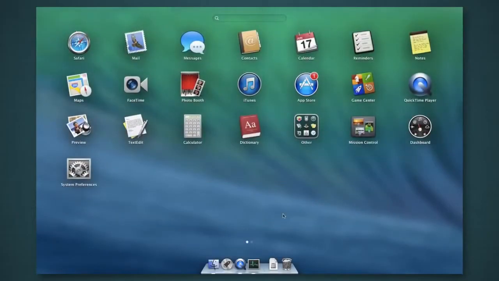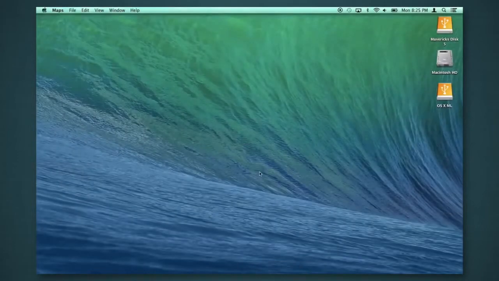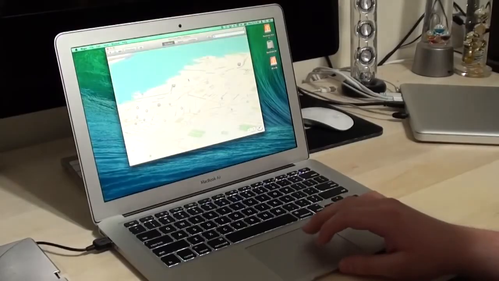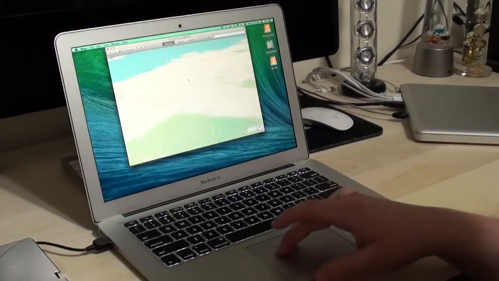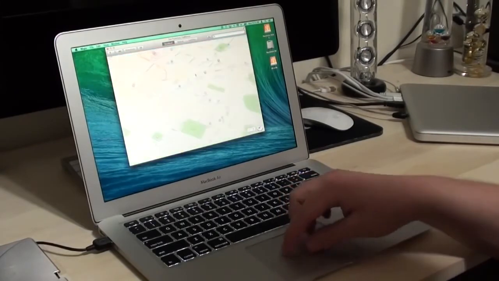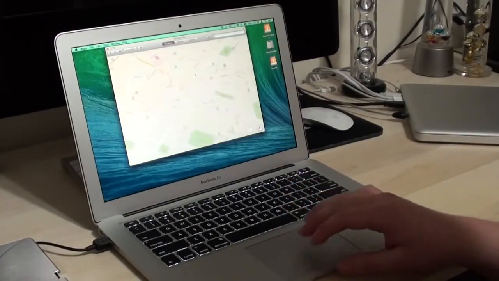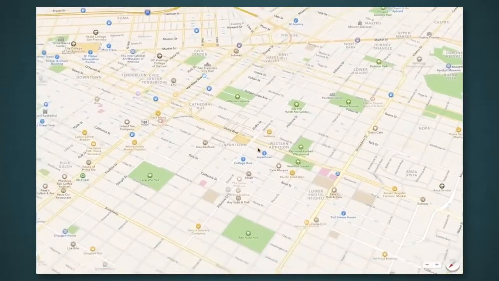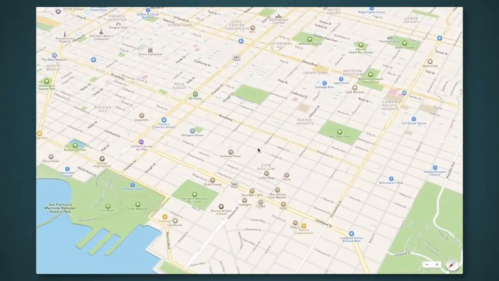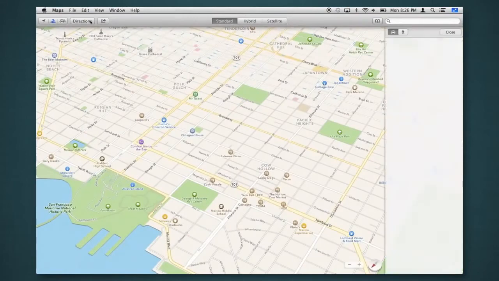There are some new applications in Mavericks. Mavericks will have an iBooks application similar to how it is on iOS, but that will be downloadable through the App Store. One app I am going to show is Maps. It is a new built-in application, and it works a lot like the iOS version. You can use multi-touch gestures, you can rotate with your fingers, pan with two fingers, and you can even take it full screen. So you can browse through places, get turn-by-turn directions, look up businesses, and let's say I want